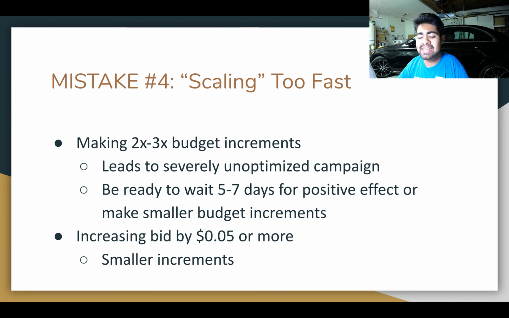But one mistake I did was making huge budget changes every 3 to 7 days. And by huge, I mean making 2 times to 3 times budget increments. So this goes back to my winning product, which I had a few weeks ago, where the campaign was running at about $50 per day and it was generating me around $1,000 in sales. So as a normal person would, I kind of became greedy and I wanted more and more sales. Instead of taking those slight, small changes and adjustments to my budget, I decided to 2 times the budget. So I increased it from $50 per day to $100 per day.